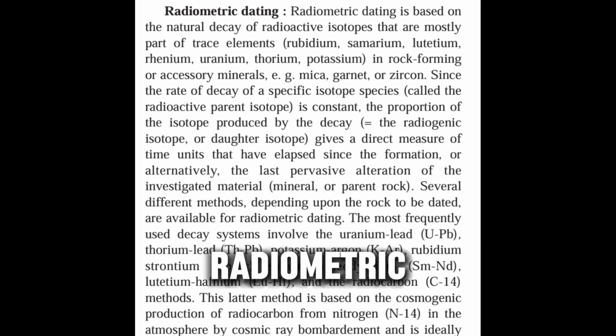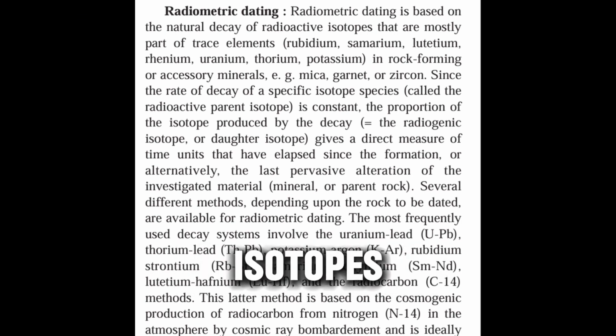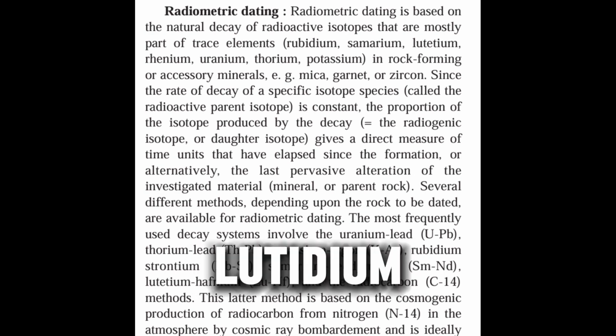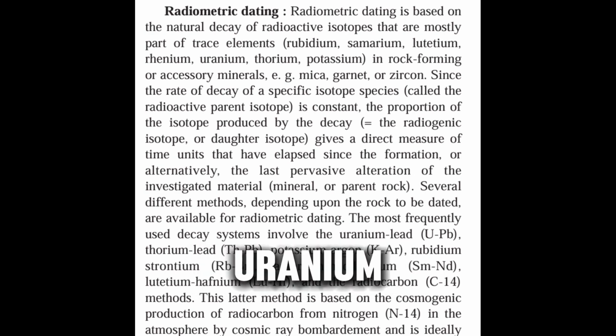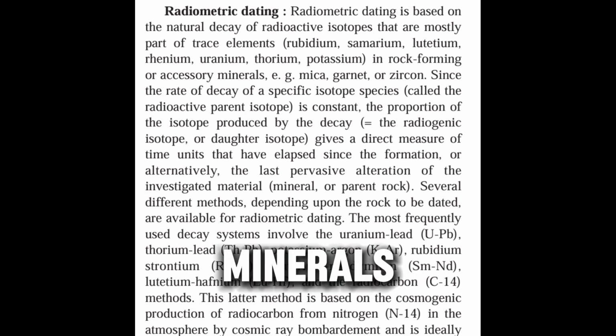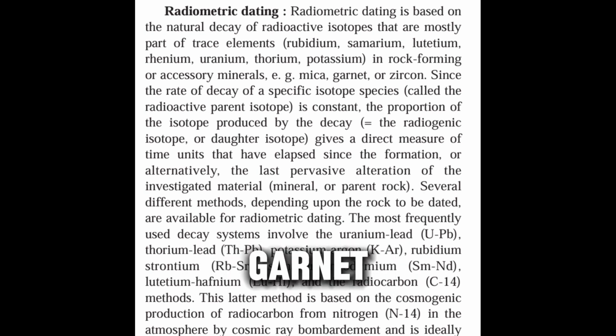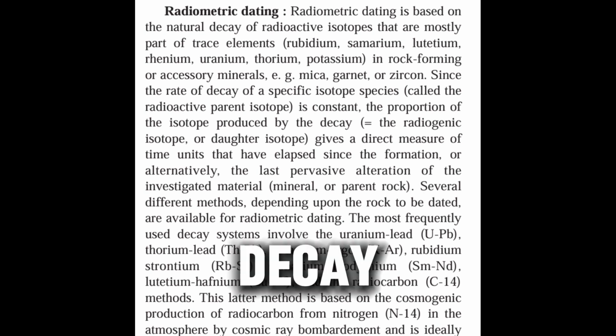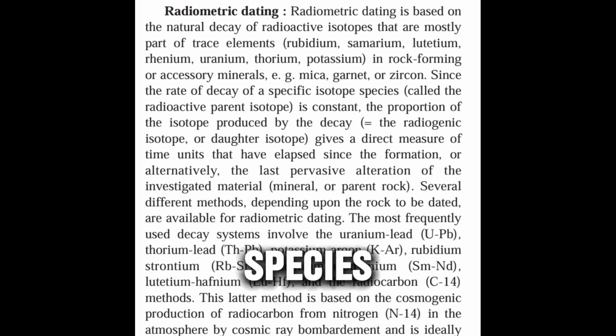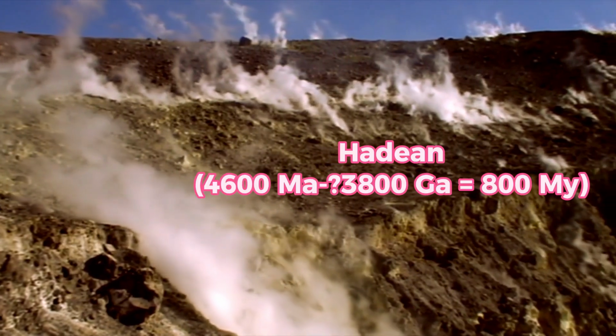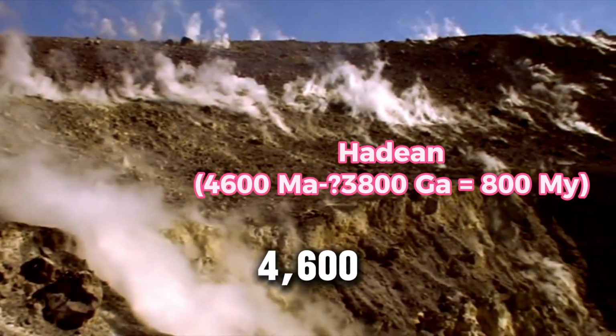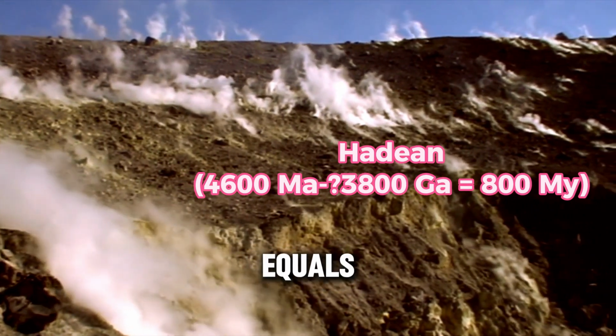Radiometric dating. Radiometric dating is based on the natural decay of radioactive isotopes that are mostly part of trace elements: rubidium, samarium, lutetium, rhenium, uranium, thorium, potassium in rock-forming or accessory minerals, e.g. mica, garnet, or zircon. Since the rate of decay of a specific isotope species called the radioactive parent isotope is constant,